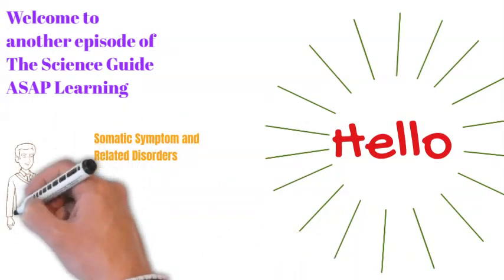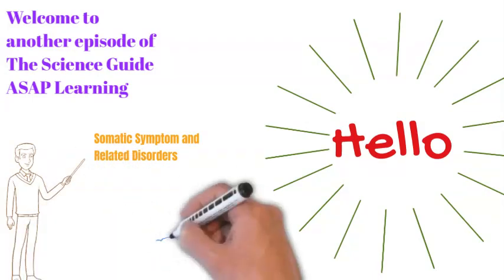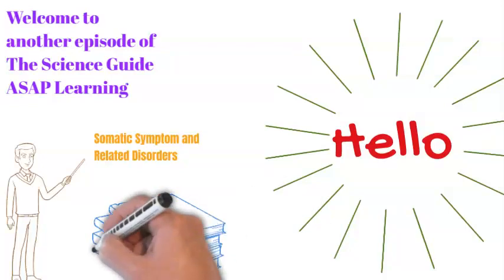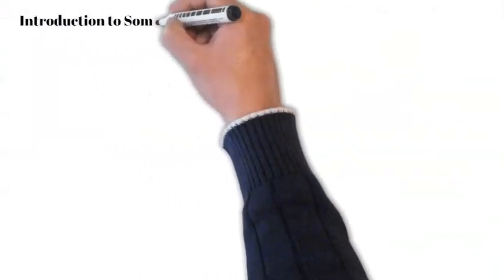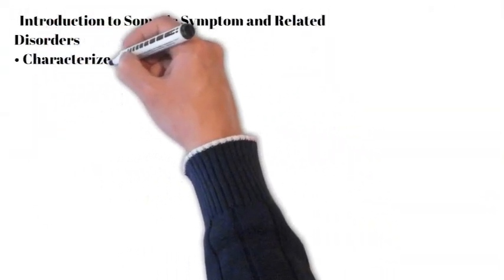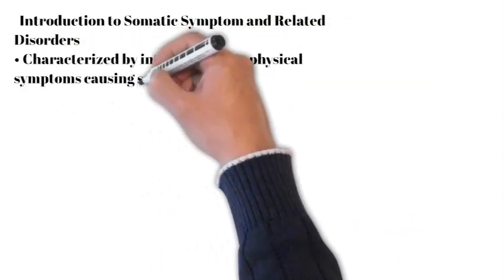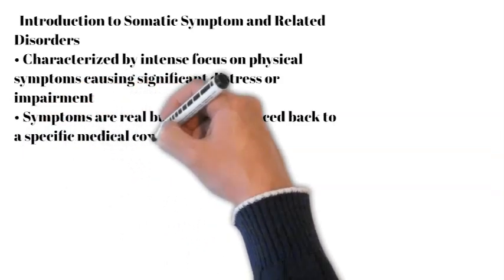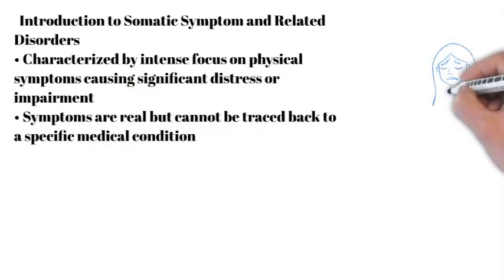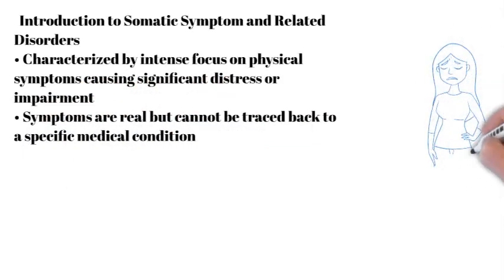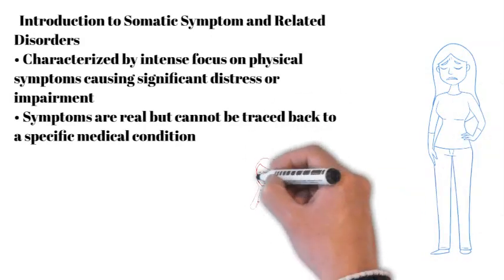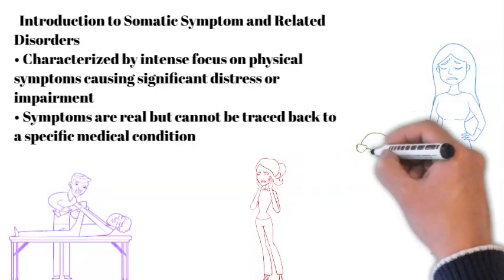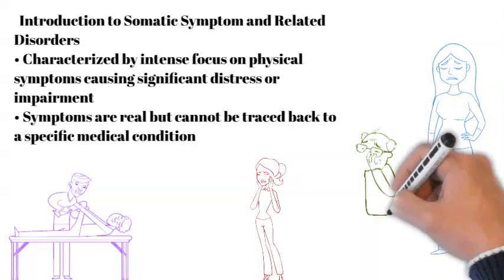Today, we're going to delve into an intriguing area of psychiatry that illustrates the complex interplay between mind and body: somatic symptom and related disorders. Somatic symptom and related disorders are a category of psychiatric disorders characterized by an intense focus on physical symptoms that cause significant distress or impairment. It's important to clarify right at the start that these are not imagined symptoms. The physical symptoms experienced by patients with these disorders are real, although they cannot be traced back to a specific